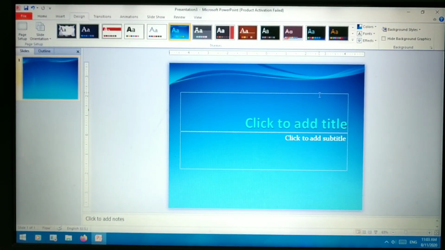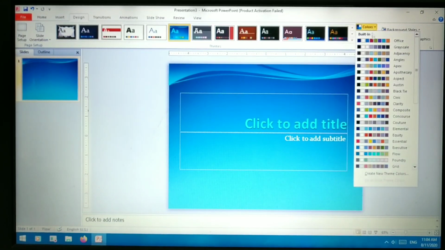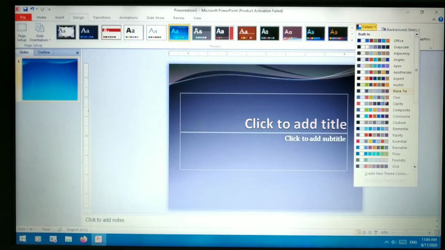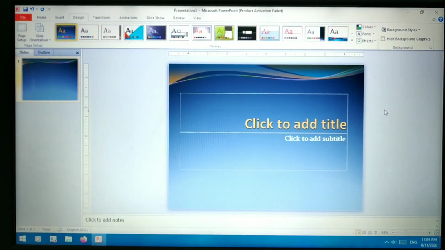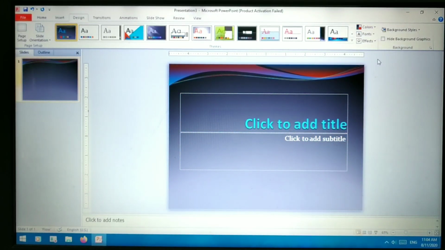And now if you want to edit the theme, this color, the font style, you can edit it here in the Themes group. Click at the color option. You can choose any of the colors present here, okay? Or this one. Now the color has been set.